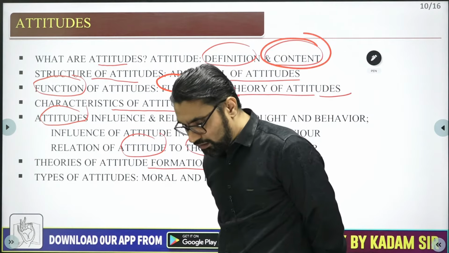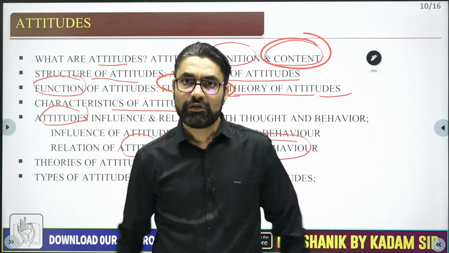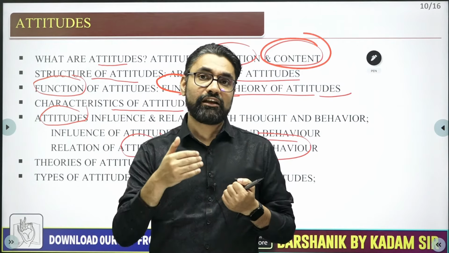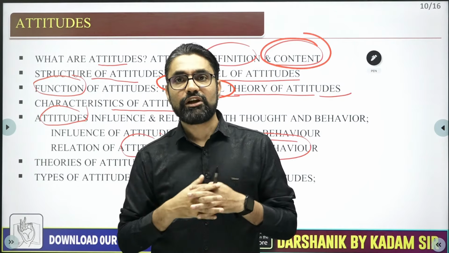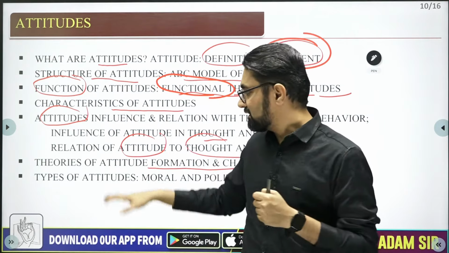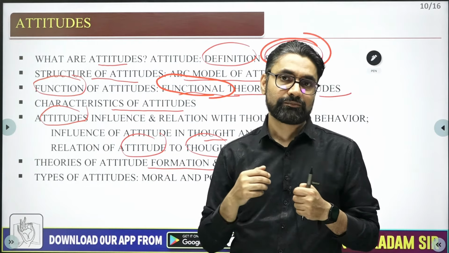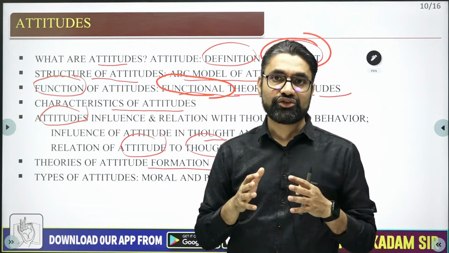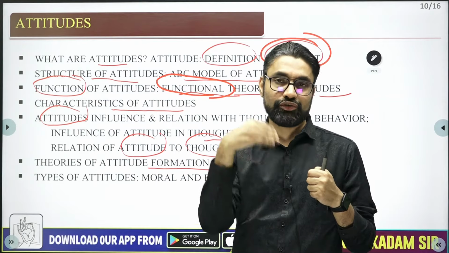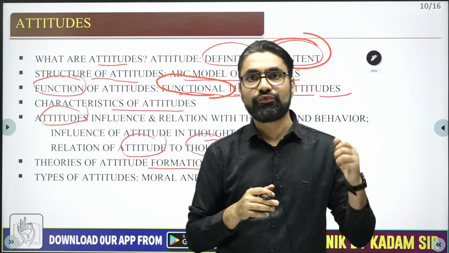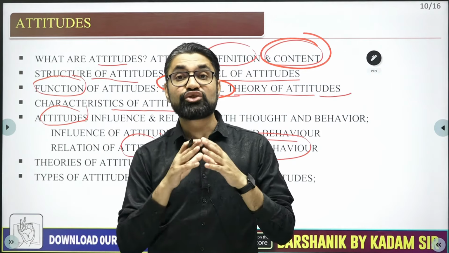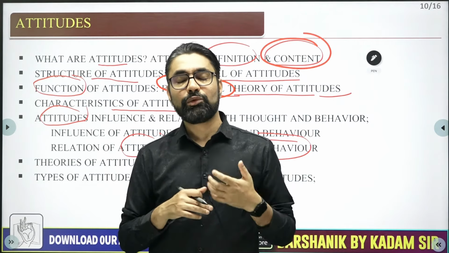So how do we learn attitudes, where do we learn attitudes from? I gave you a chart a few minutes back, with 24 socializing agents. Now these socializing agents influence and shape your attitudes. But for attitude formation, and if bad attitudes develop in society, to change those attitudes and make them positive, there are multiple theories of attitude formation and change. There are almost 13 theories that we will discuss in the class.